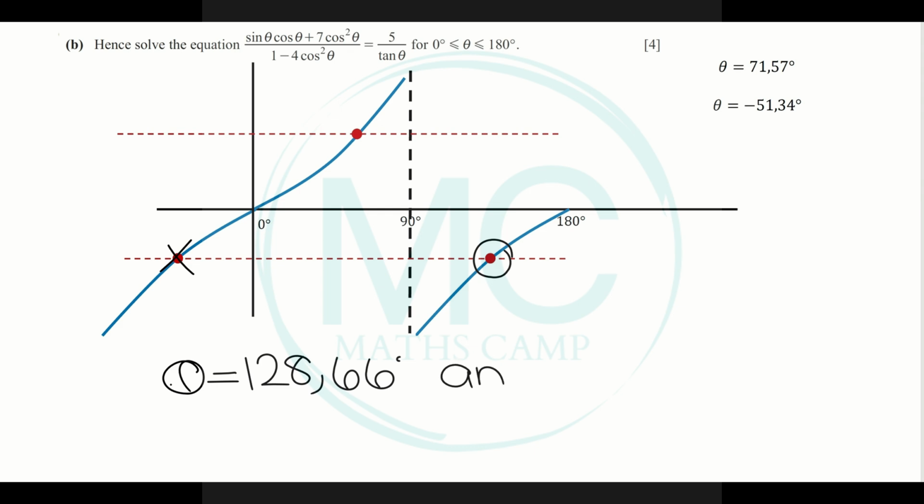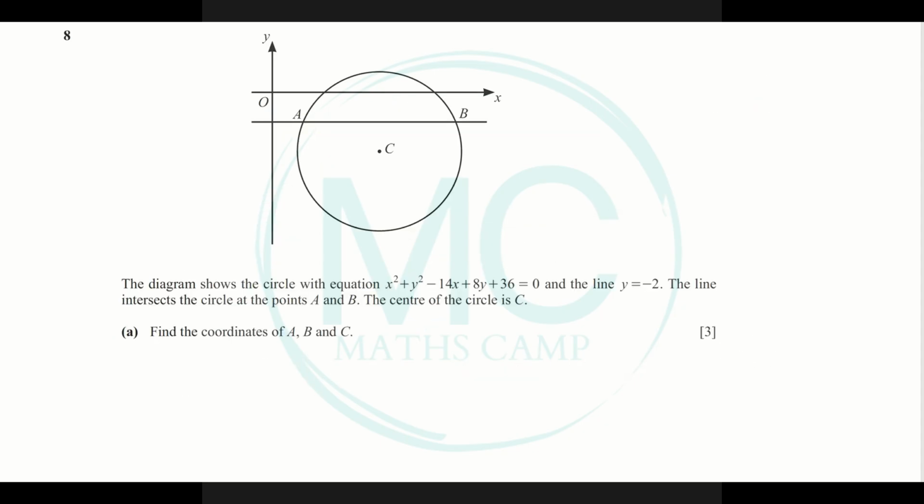And don't forget our original point. Theta is equal to 71,57 degrees. The diagram shows the circle with the equation x squared plus y squared minus 14x plus 8y plus